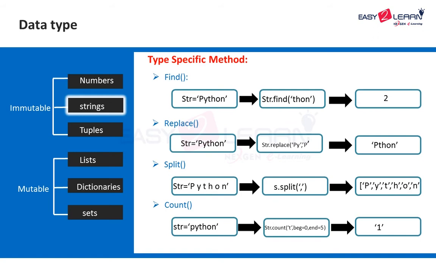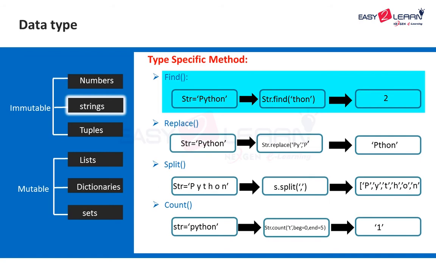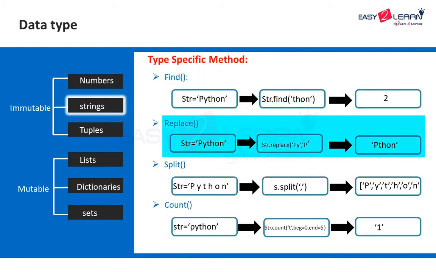So when we talk about type specific operations using the string object, we can perform certain operations. These are just some of the examples. You have about 4 here. Let us say the first one: if we have a string Python, then if you are using string.find of thon, basically it takes the substring that you have specified and returns its starting location in the original string. After that you have a replace.